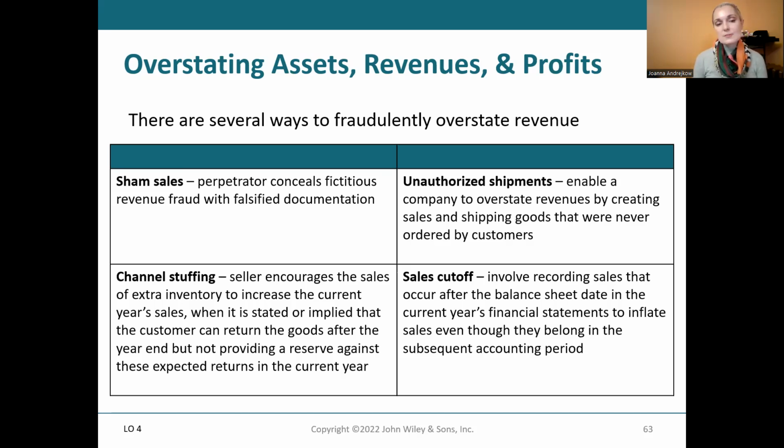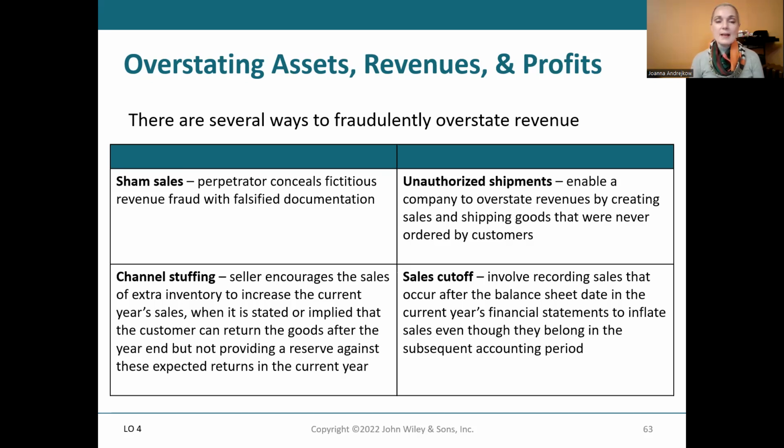And when you channel stuff, the seller encourages the sale of extra inventory to increase the current year's sales, when it is stated or implied that the customer can return the goods after year end, but not providing a reserve against these expected returns in the current year. So remember that organizations always have to look at sales returns and allowances. So by making these huge sales at the end of the year and not building a reserve, you are overinflating